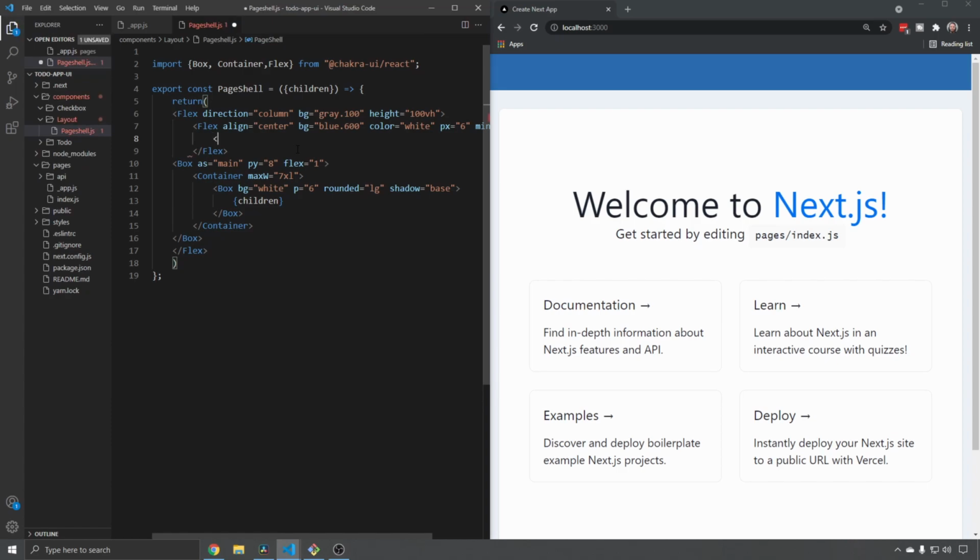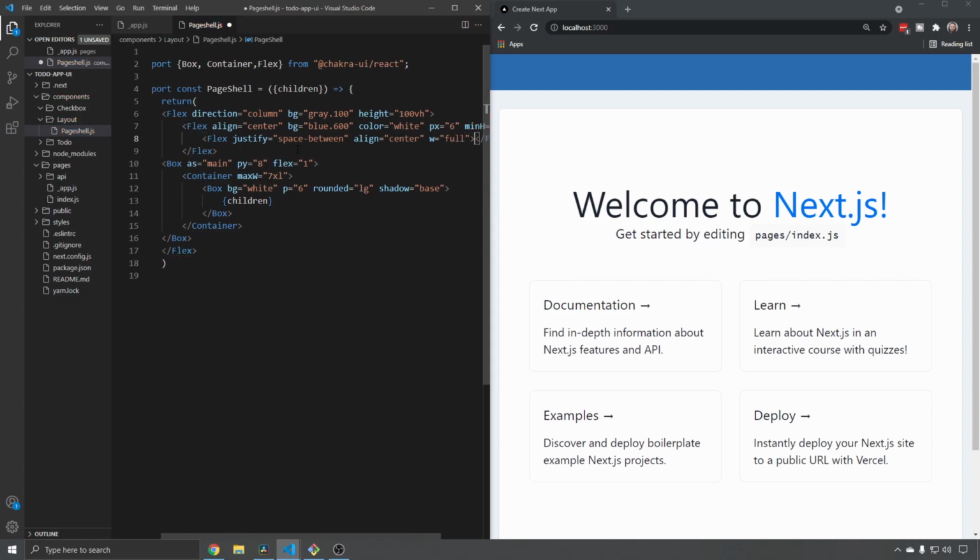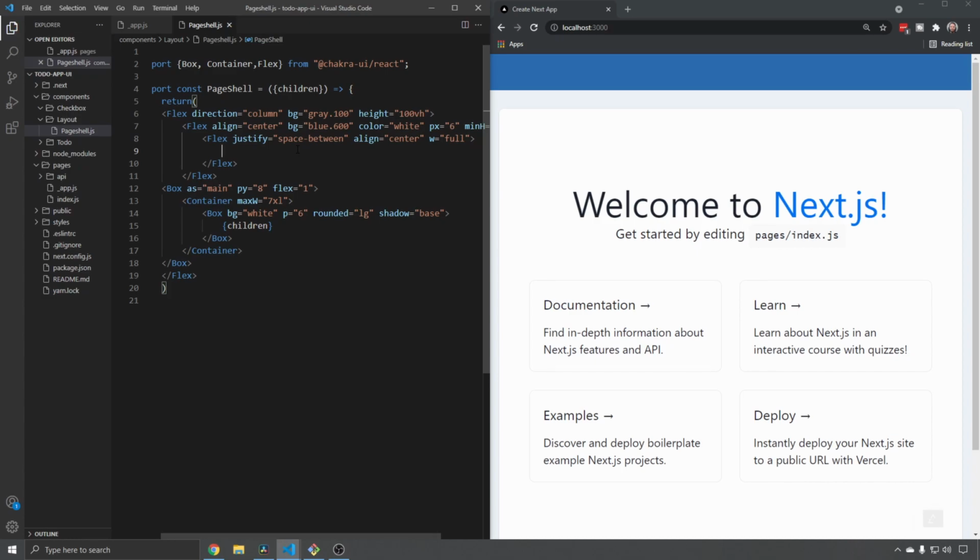So what we can do is do flex justify equal to space between, and then we're going to align it in the center, and we're going to say the width is the full length. So you can do width equals full. And then inside of here will be our nav bar. But right now we don't have anything. So if I hit save, nothing's going to change over here. But now we can start building out